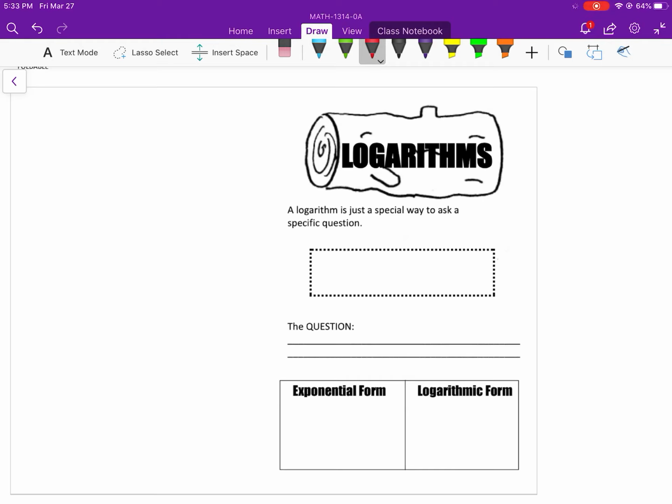Alright, so here we are starting in section 7.3, and this is our introductory lesson to logarithms. Logarithms is just a special way to ask a specific question. And so let's fill in what the question is first. The question is, what exponent is